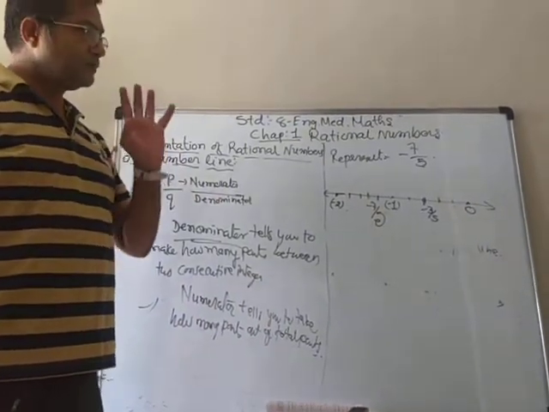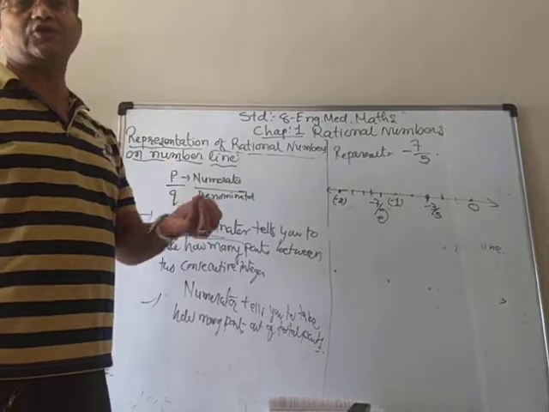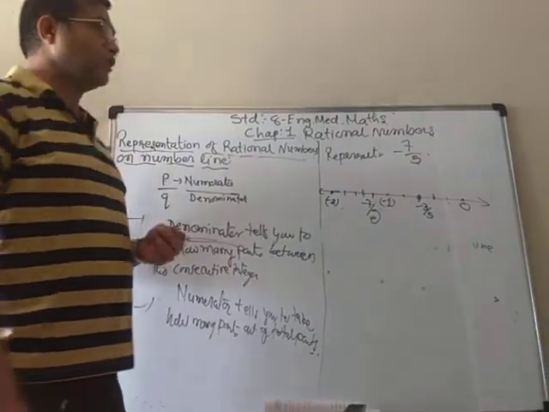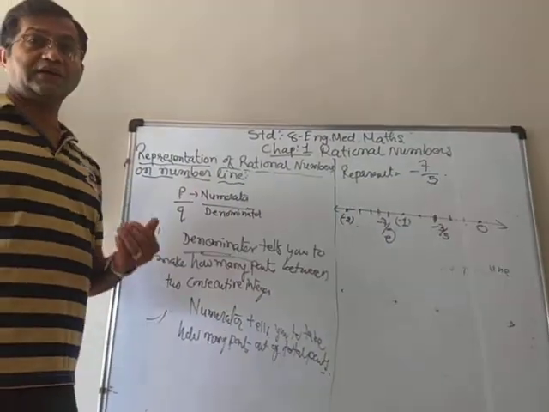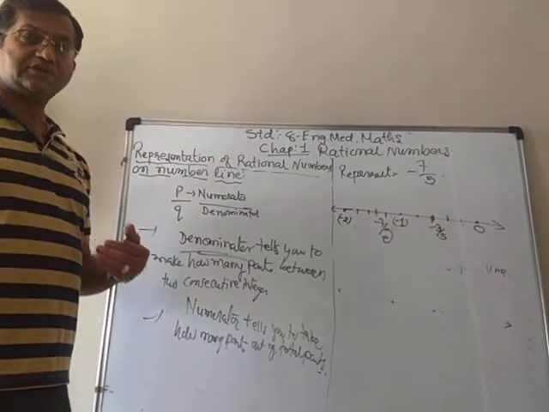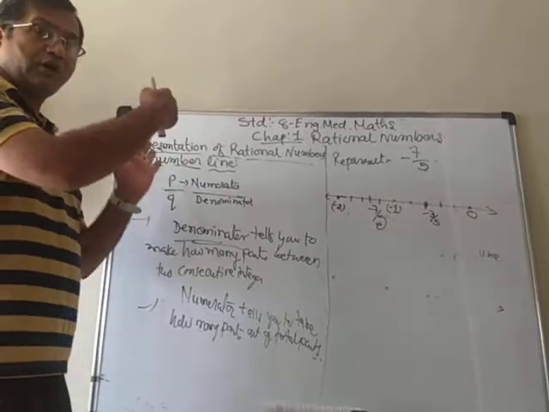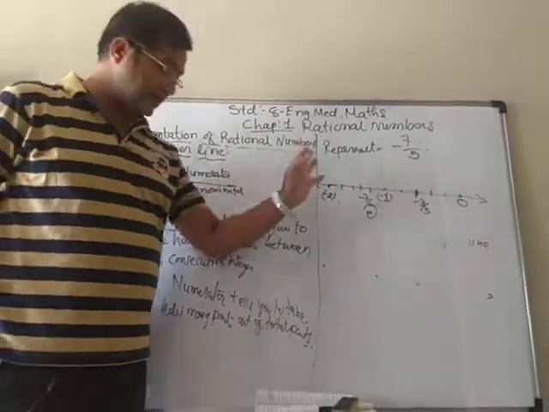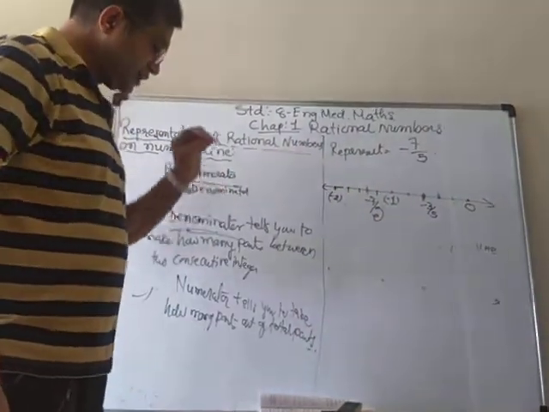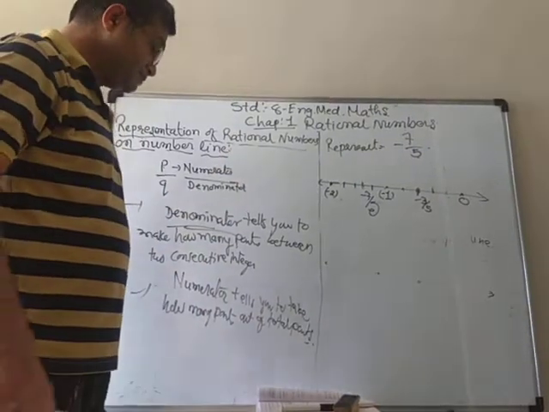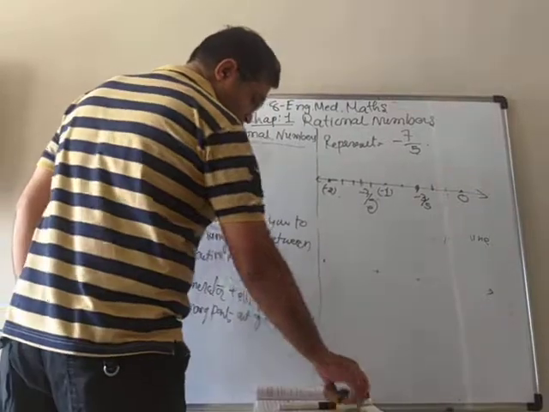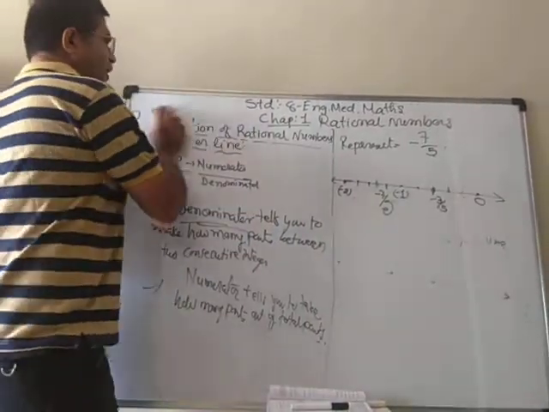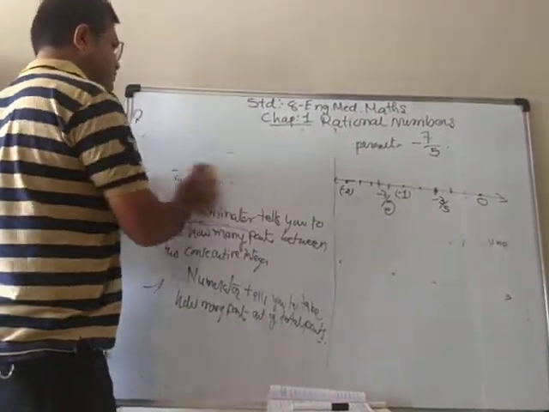But just remember in the mind that when you are doing with the negative numbers, then you have to start from right to left. And for positive integers, positive rational numbers, from left to right. That is the main thing that you have to remember. So I hope it is clear in your mind. Now we will understand something different now.